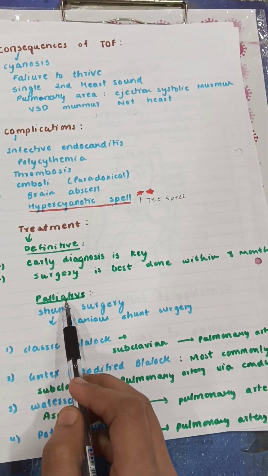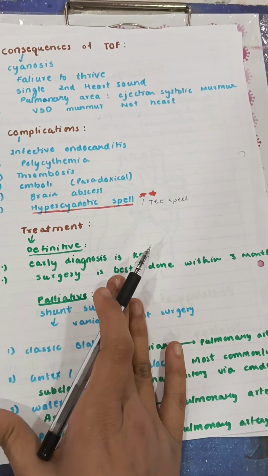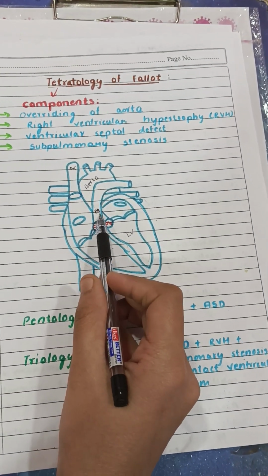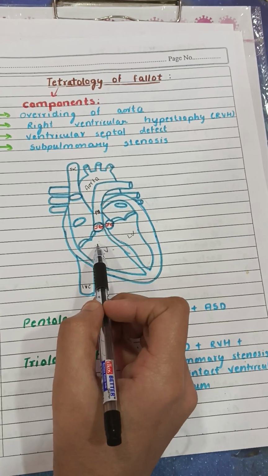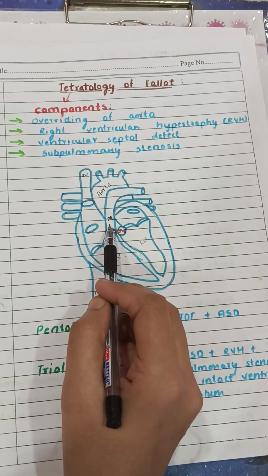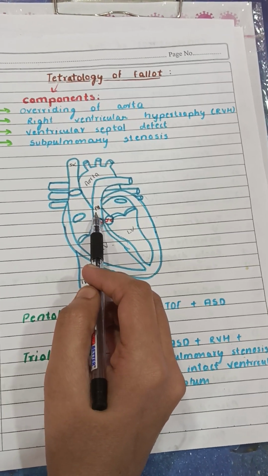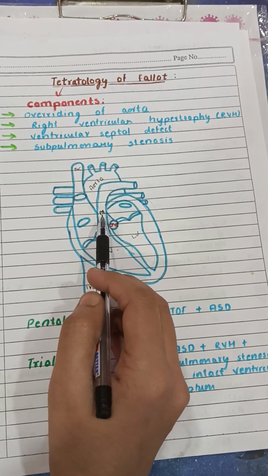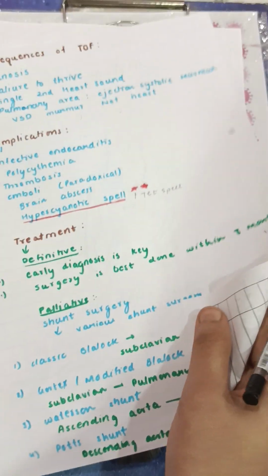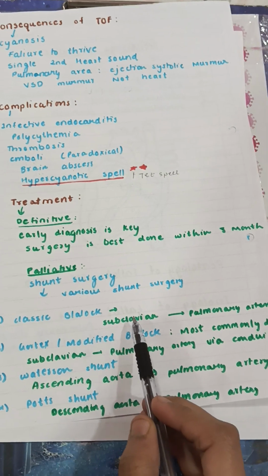Now in palliative treatment, shunt surgeries are performed. As we know, the blood flow from the right ventricle to the pulmonary artery is being obstructed. So we will shunt various arteries with the pulmonary artery to increase the blood flow of the pulmonary artery, so that cyanosis will not develop. There are various surgeries which are performed, like the classic Blalock shunt,